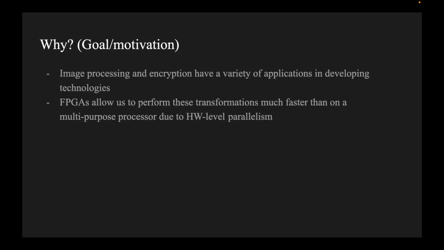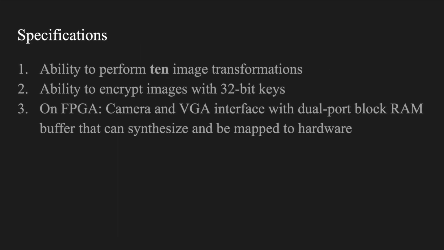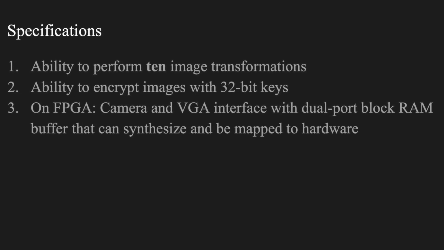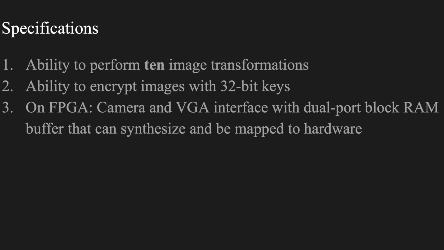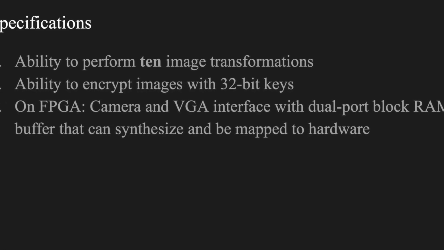We chose to do image processing because image processing has a variety of applications in developing technologies. In addition, the hardware-level parallelism on an FPGA allows us to perform such image transformations much faster than on multi-purpose processors. We currently have the ability to perform 10 image transformations. We are also able to encrypt images with 32-bit keys. On the FPGA, we are able to interface between the camera, the FPGA, and the VGA output using a dual-port